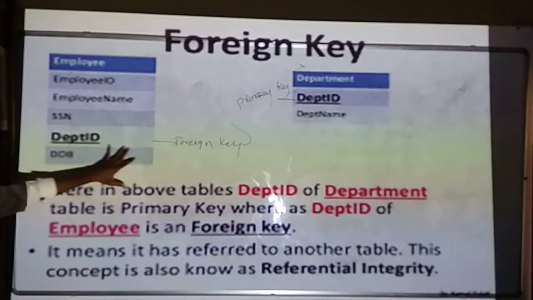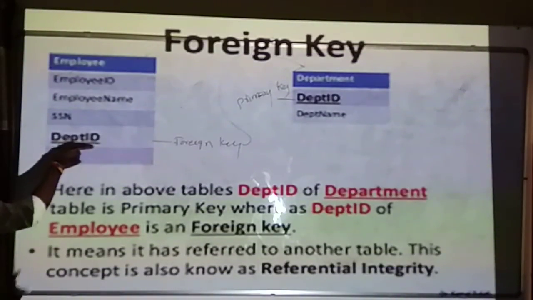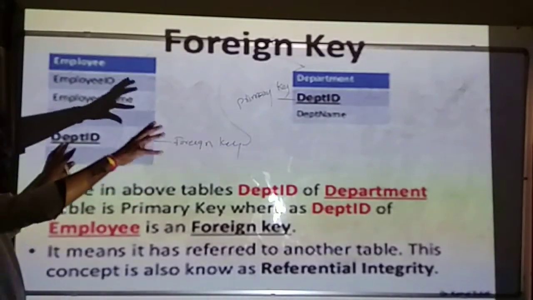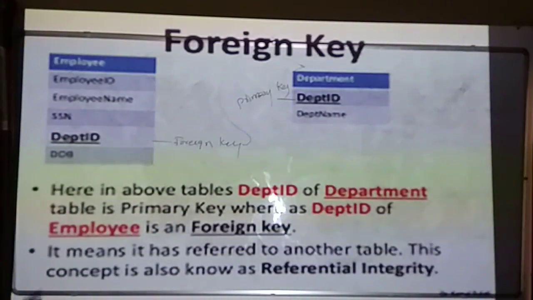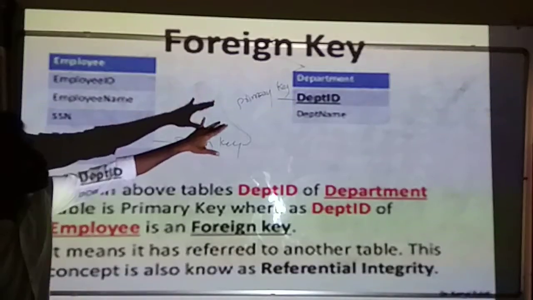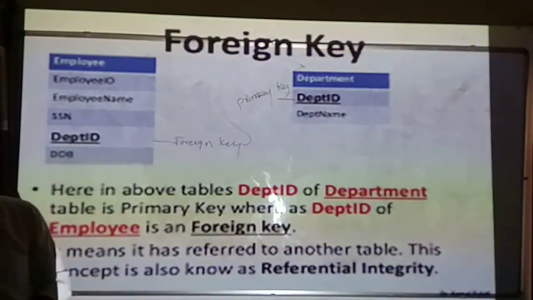In order to represent that we have data related to these employees in some other table, we prepare a column holding the details which will be set as the primary key in the next table. But you need to register one point: whenever you prepare a foreign key in your table, in the other table that column should play the role of primary key. If it is not, we will not have any relation over here.